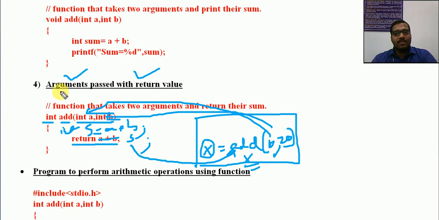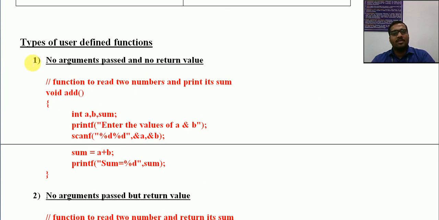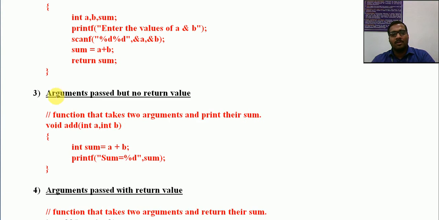A function with arguments and also a return value. This is the way in which the function definition can be written, and this is the way in which we can make a call to the function with arguments and return value. So very important, these four categories of user defined functions: function with no arguments passed and no return value, function with no arguments passed but return value, then arguments passed but no return value.